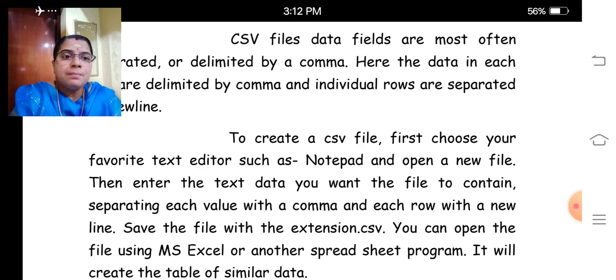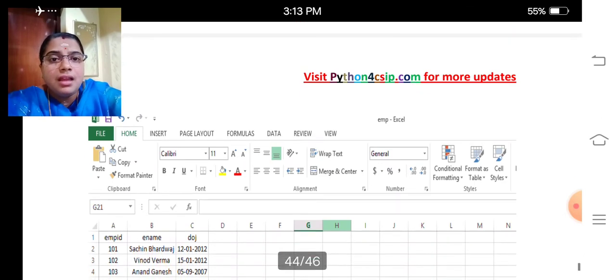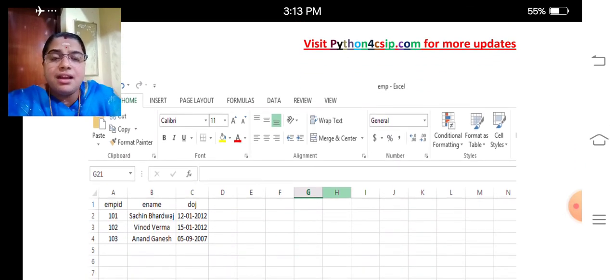It's very easy. You can open the file using MS Excel or another spreadsheet program. It will create a table of similar data. My dear children, look here. I had used data in Excel format. Here I used EMP ID, ename, DOJ. 101, 102, 103 in the EMP ID. Sachin, Vinod, Anand in ename.